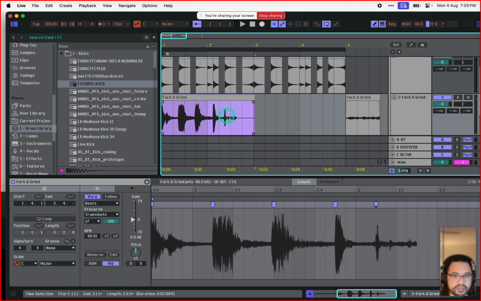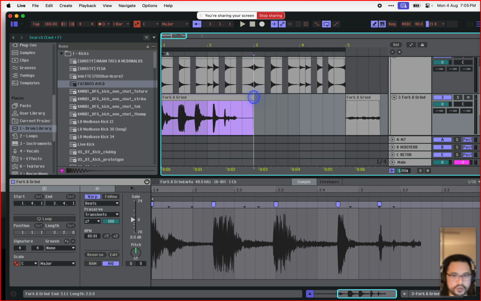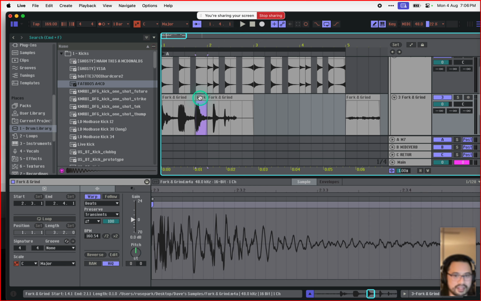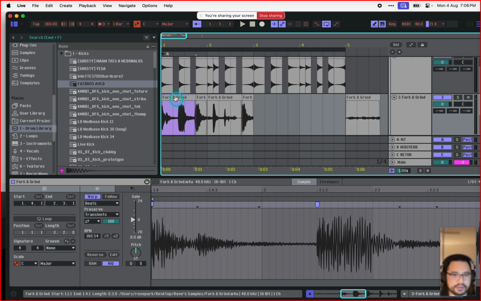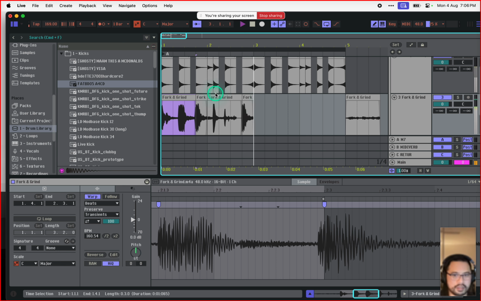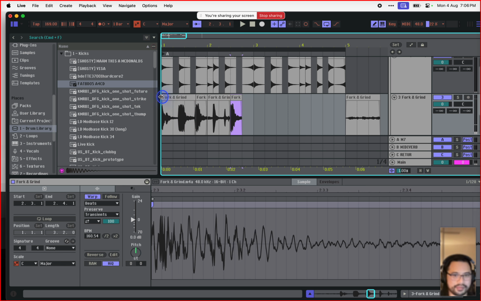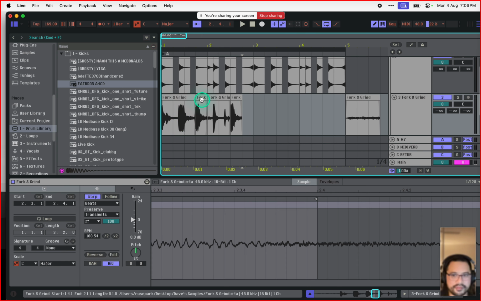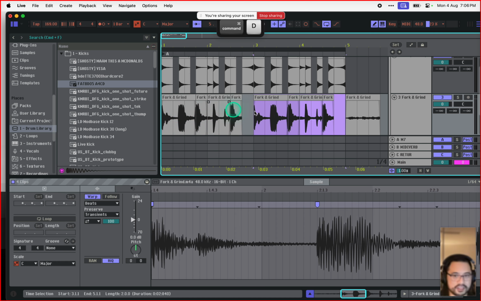Now I have a little issue here where I could probably do with some extra notes here and here, maybe. So what I'm going to do is limit myself to 2 bars. And because I can afford to, I'm going to use my Command E's again and my Option drag to take a note from an existing place and put it somewhere else, just to make a clean loop. It's a bit messy. Let's put it here. Perfect. I'm going to grab this 2-bar idea, duplicate that,